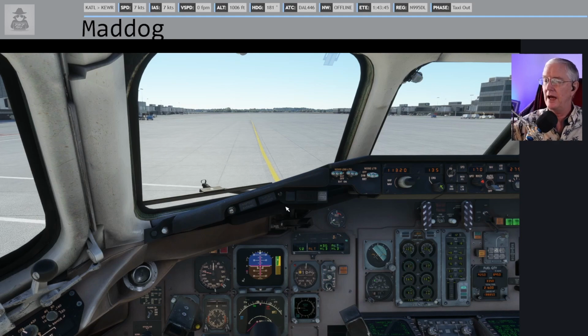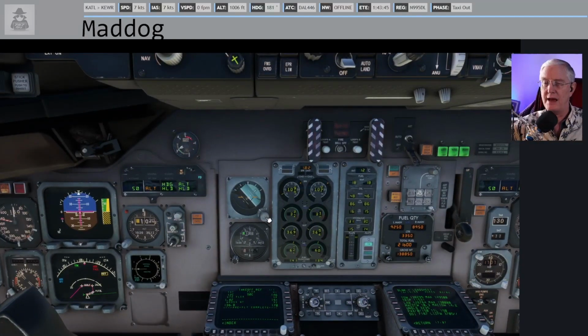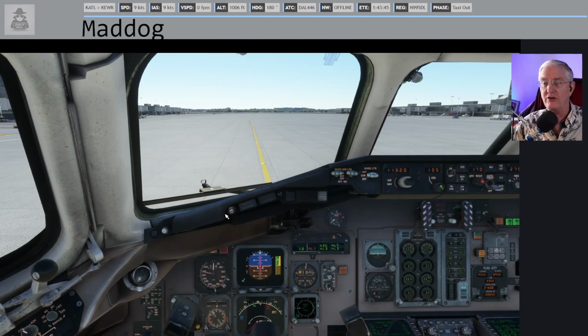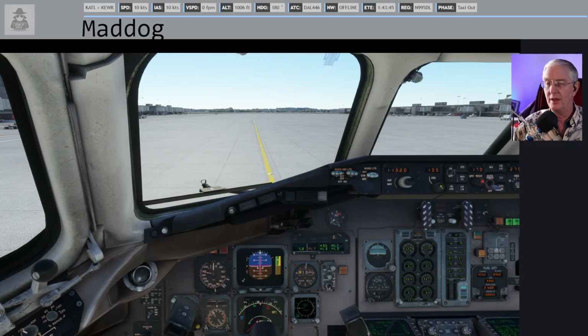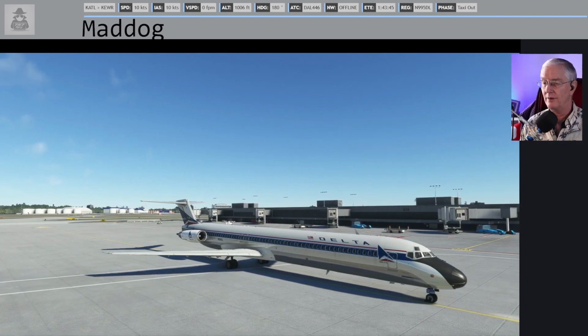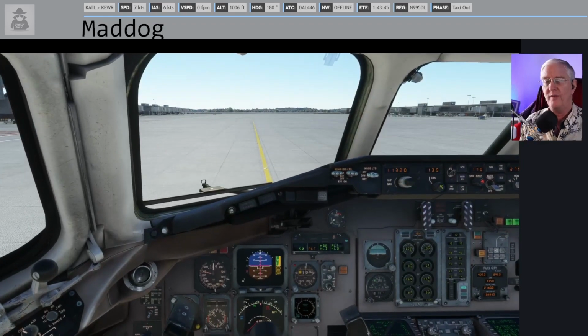Pretty good. I have neglected to release the backup artificial horizon. Now, there are some people that do this before engine start. I always thought that you were supposed to wait until after you started your engines before you did that. And there we are, we're taxiing. Brake check. Hey, brakes work. So that's a good thing to do,